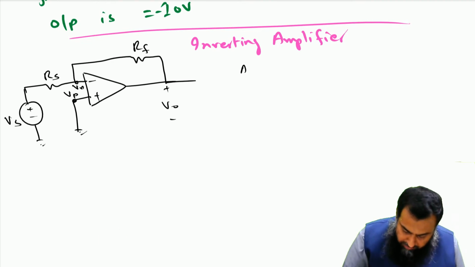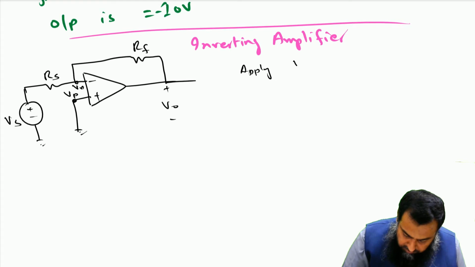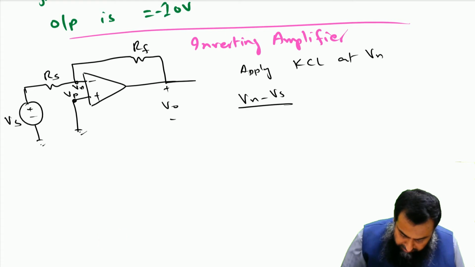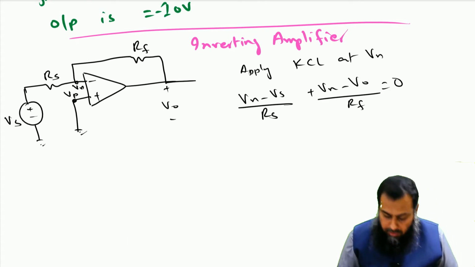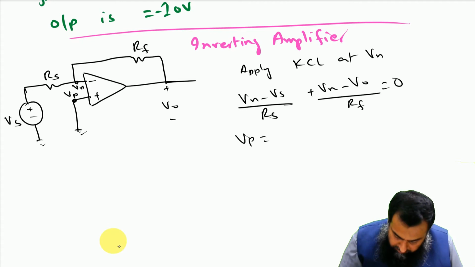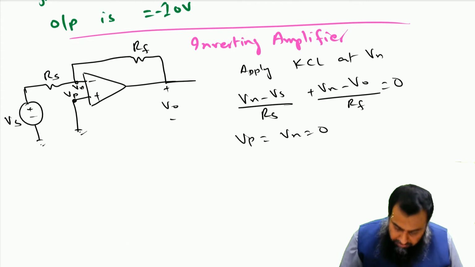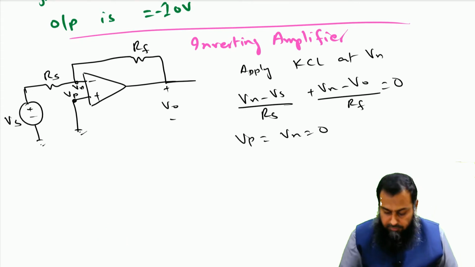So if I apply the Kirchhoff's current law at Vn, we get Vn minus Vs divided by Rs plus Vn minus V naught divided by Rf, and that is equal to 0. Also we have Vp is equal to Vn, that is equal to 0. So if I plug it back in here, this Vn becomes equal to 0,